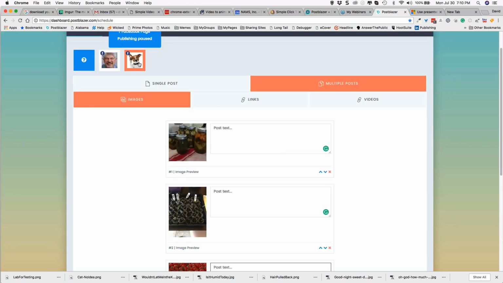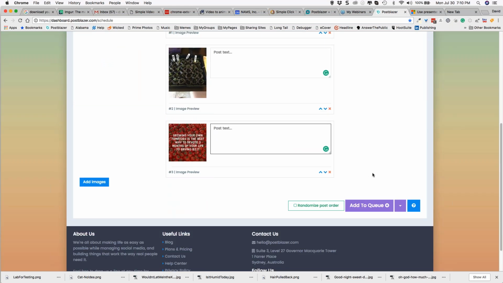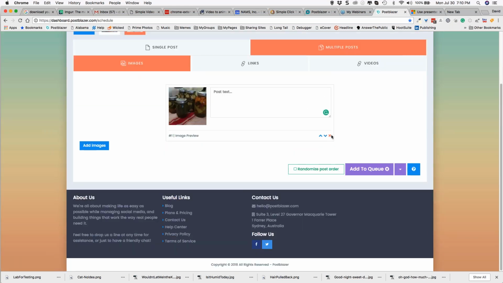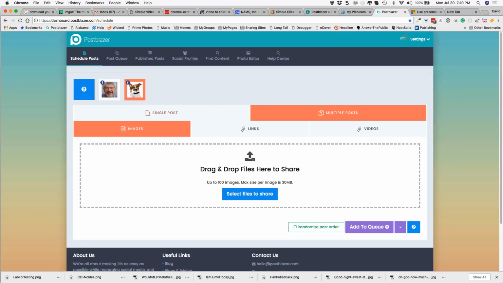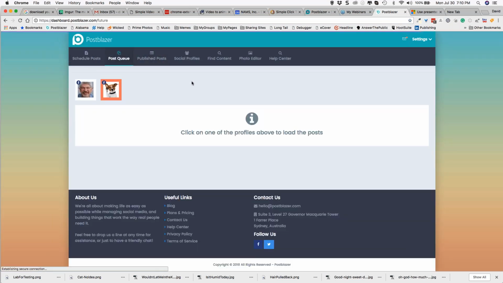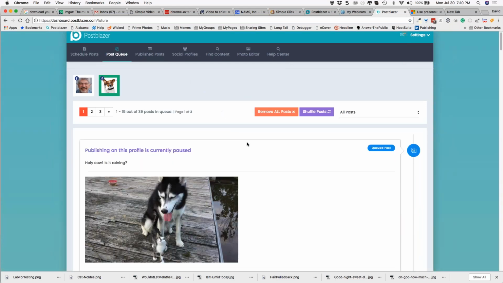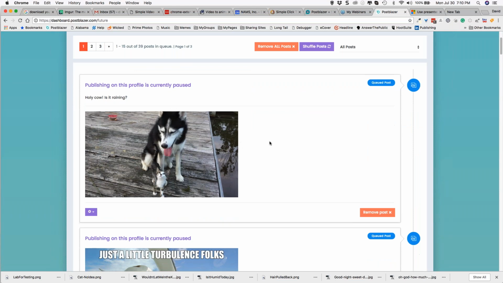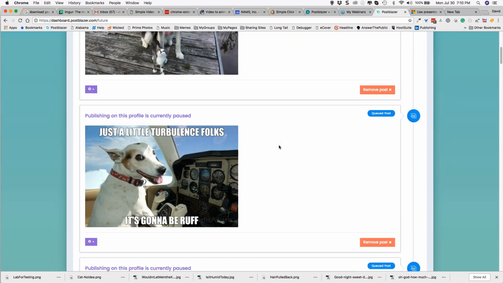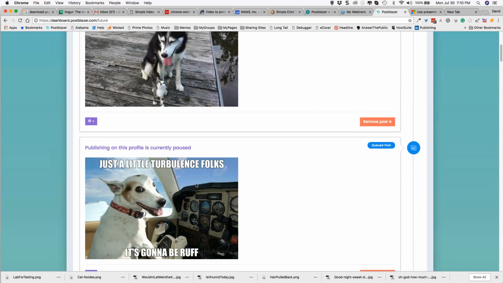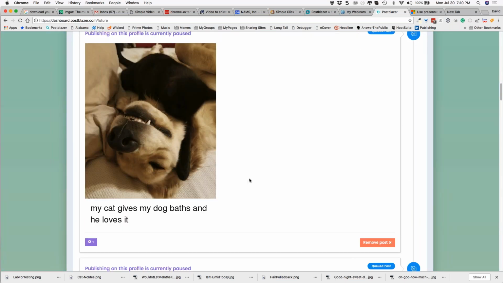Now I have this one here, so I'm on Conversations with Dogs. I'm going to delete these and show you what I've got with Conversations with Dogs. Okay, once it's scheduled, you can come over to post queue. I click this, and this shows me all of the things that I have ready to go up. These are the posts that are ready to go. So as I scroll down,